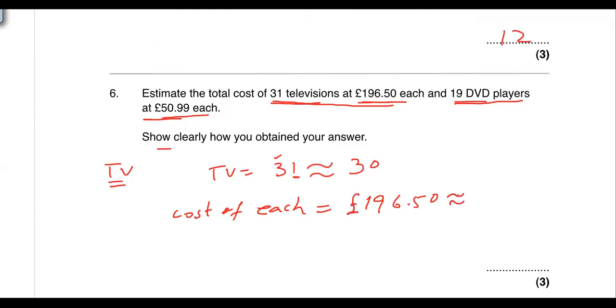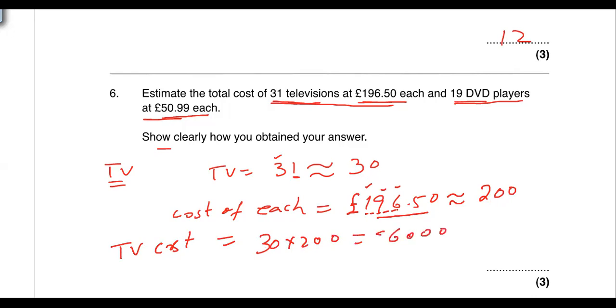Now, if I have to round this to one significant figure, what will it be? This is the first significant figure. Of course, I have to leave these. But before leaving, the very next digit is 9, so it will add 1 to this one. It will become 2. Now, to keep the magnitude, this is the whole part, yes? The remaining 2 digits of the whole part I will make 0. So it's rounded to 200. So now what will be the estimated cost of TV? We have 30 TVs. For each one, the cost is 200. So 30 times 200. If you multiply 3 times 2, 6,000 pounds. Okay, this is for the TV.